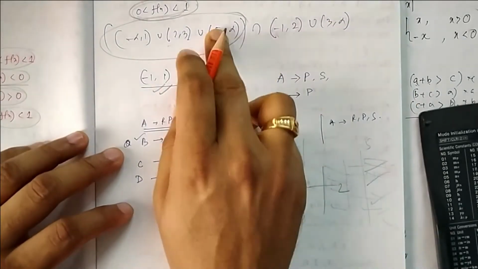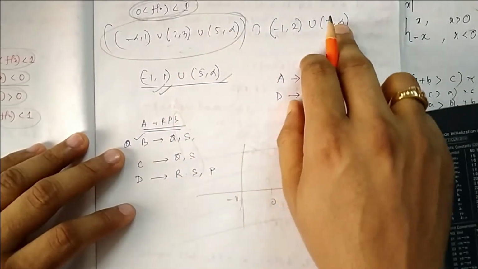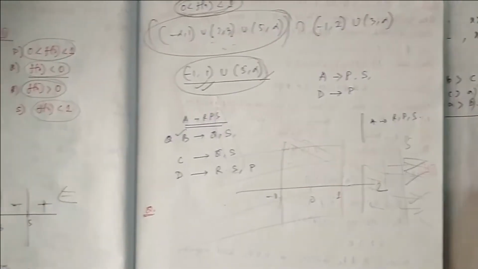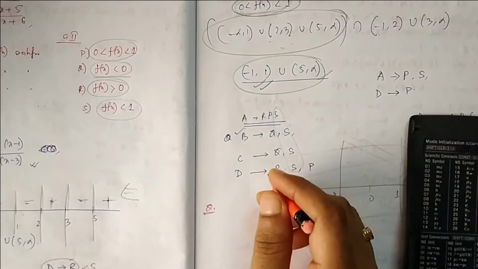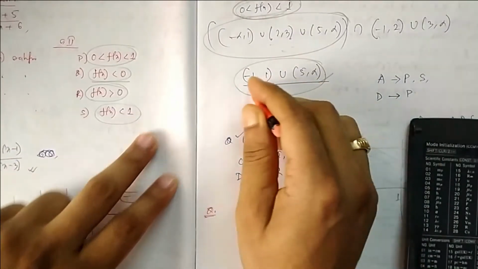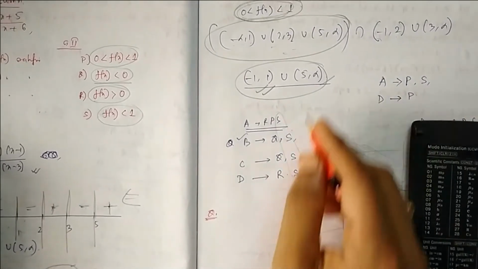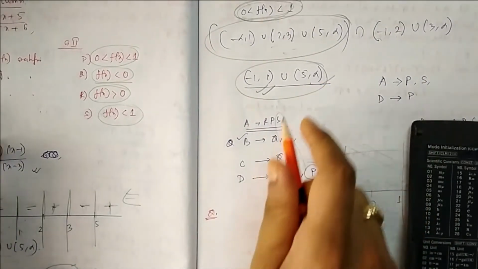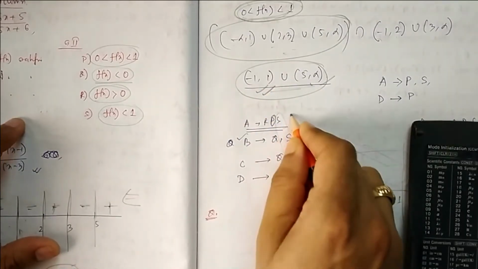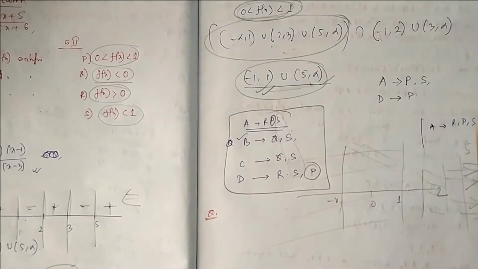So the common area on the positive side is, 2 to 3 is not here, but 5 to infinity is here, 5 to infinity is also here. So that's why. In this position the function is between 0 to 1. Now again you check with the options. Now you have to check for P only, just satisfy that P. So if you see D is greater than 5, there will be one P that will come in because it is satisfying this. 3 to 5, no, it is not 3 to 5, it is not 1 to 2, so A along with A you will also find. So the final answer is this. A is matching with all these options, B with these options, C is this, and D is this.